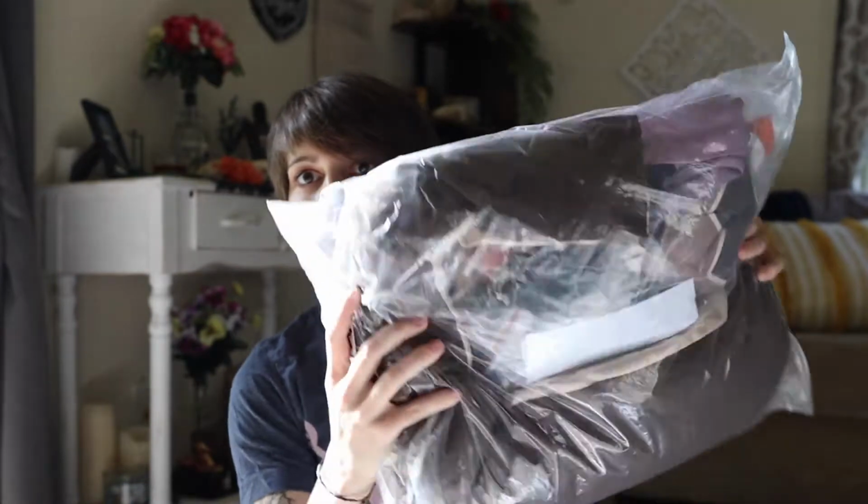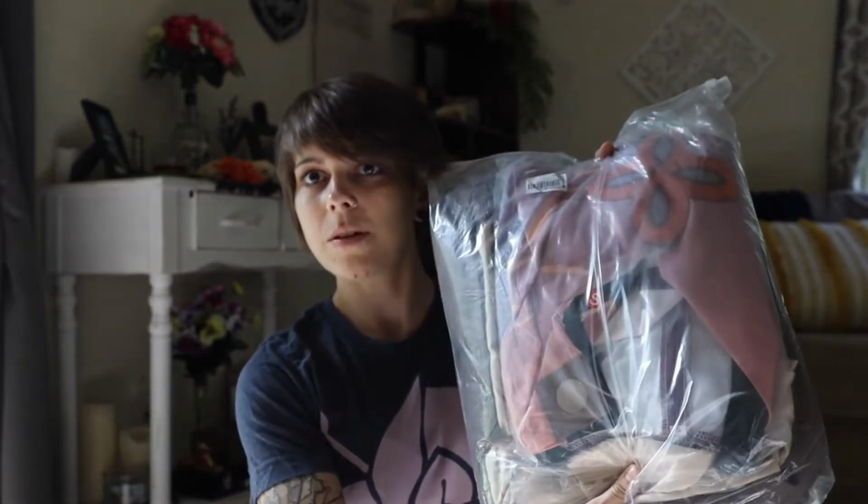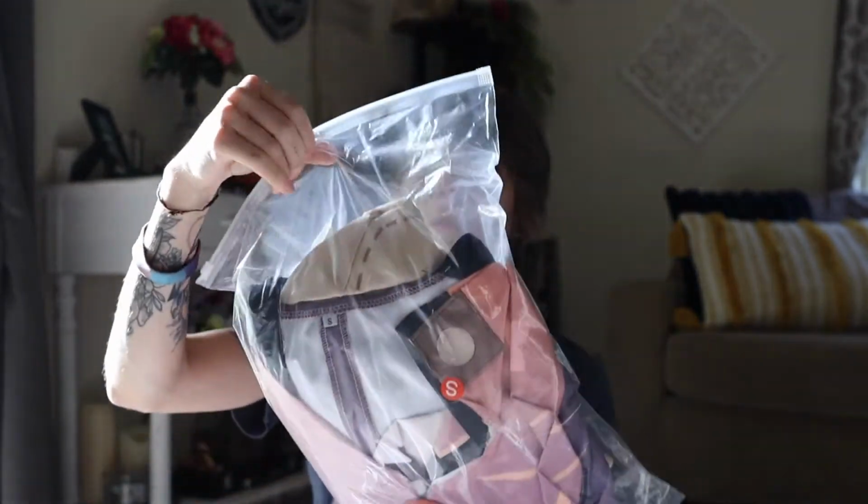Alright, it's the right one. So this is it. Came in a nice bag. Beautiful. Sorry about the lighting too. The sun is in and out right now. Au naturel lighting. So this is the first bag full of items. It's zipped and sealed. So I guess we could...